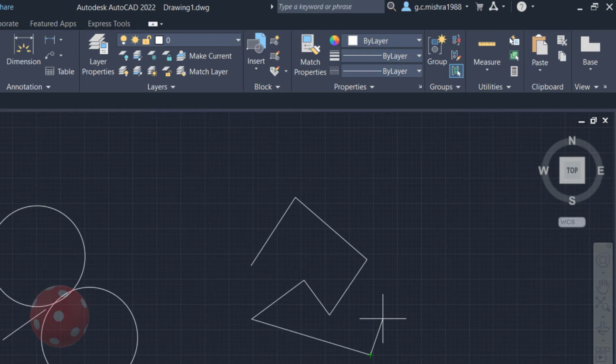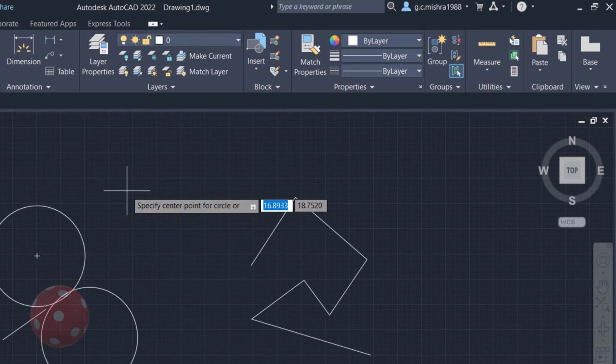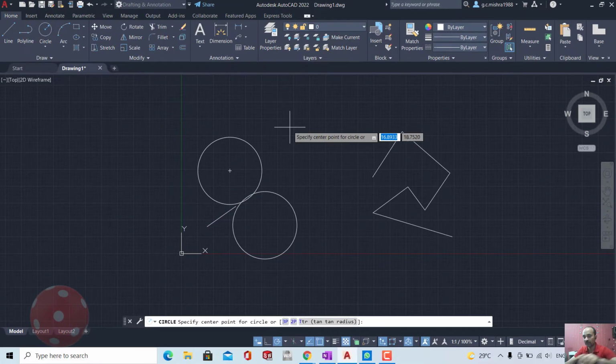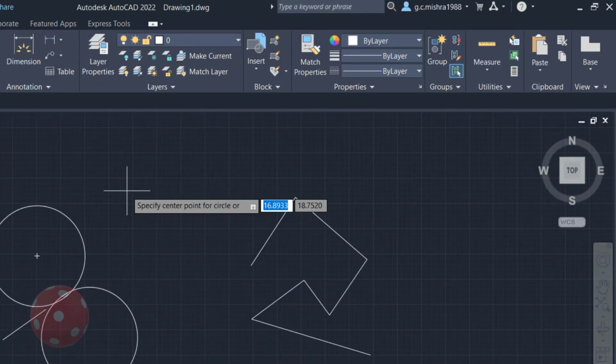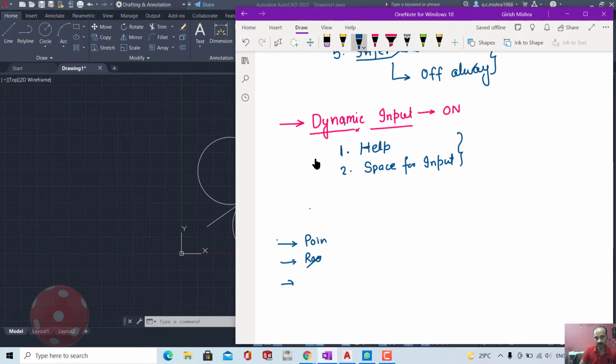When you create some complex part that has very minute drawings, then this dynamic input hides some part. It means if you are creating a very small part and a lengthy bar is appearing, then something is hidden below the dynamic input. So you will need to turn that off. But now you should turn it on. So the next one, which was your sixth one, was dynamic input, and that provides you help as well as space for the input.